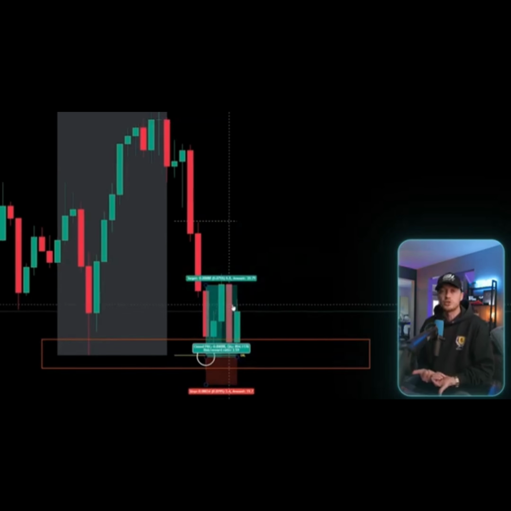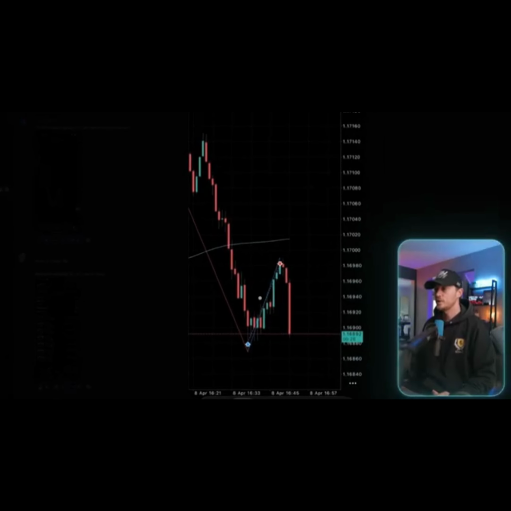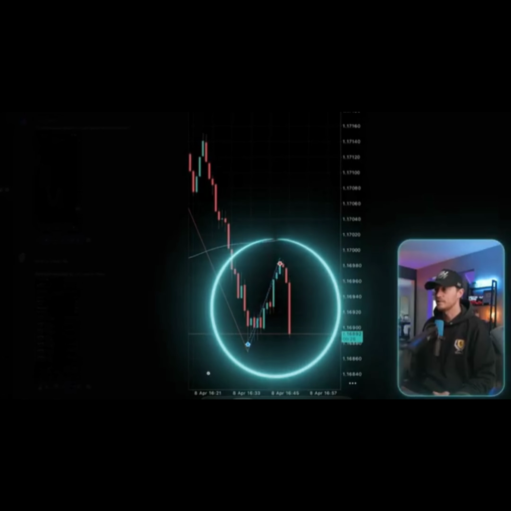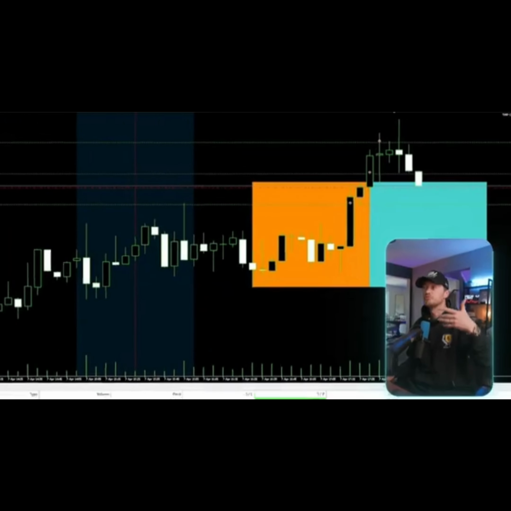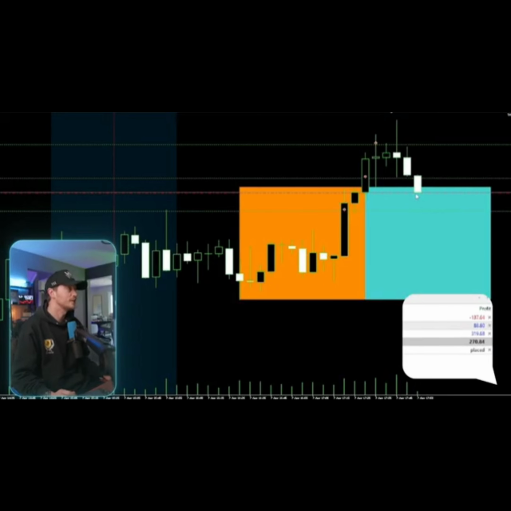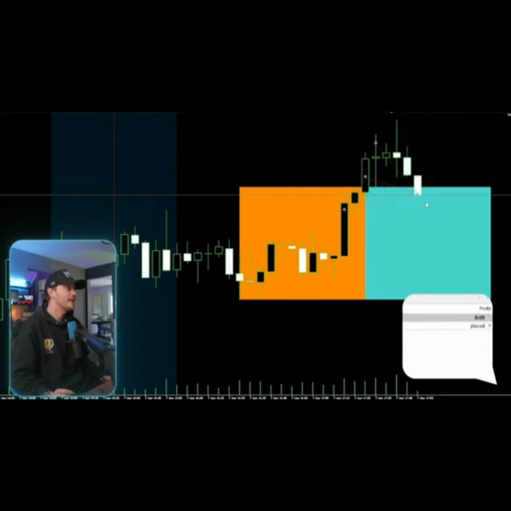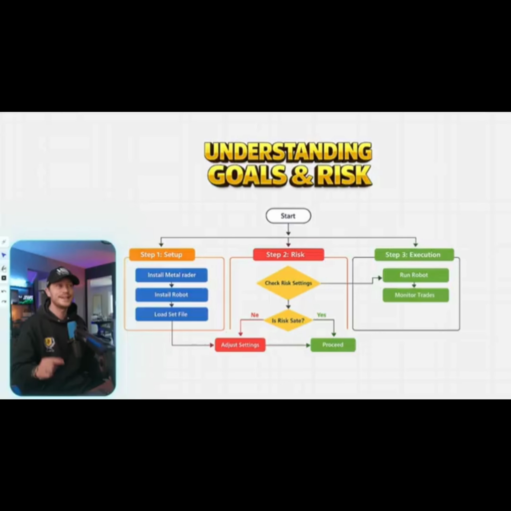An awesome scalping trade. And if I go back into the Discord, this was this exact trade that our member had right here. Now, I'm going to get back into that live trade and show you the final step, which is the most important, setting proper goals. Now, before we get into that final step, let's rejoin the live trade here. You see, we're very close to closing this thing out in profit. There it goes, a perfect sell trading position with the robot,